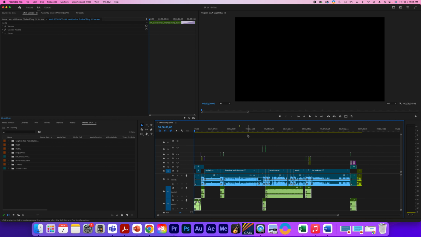So to do that, first, you need to click inside of your timeline, which you see right here, and you're going to press two keys on your keyboard. The first one is the END key, E-N-D. It's located in a cluster of keys that are located right above the arrows on your keyboard. So I'm going to press the END key, and it's going to take me to the very last